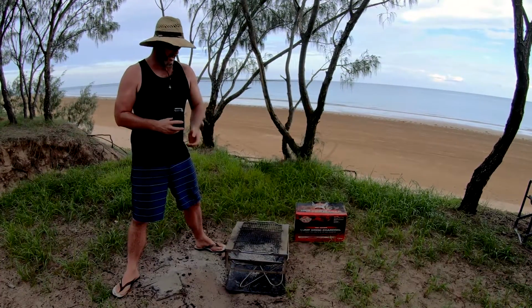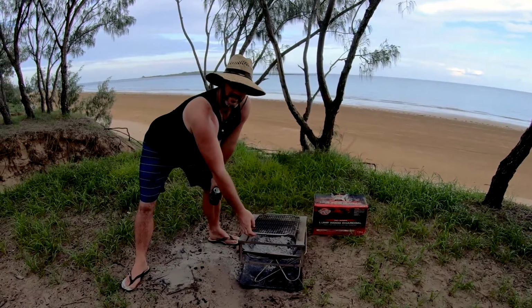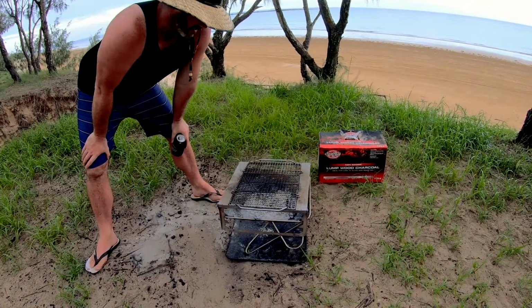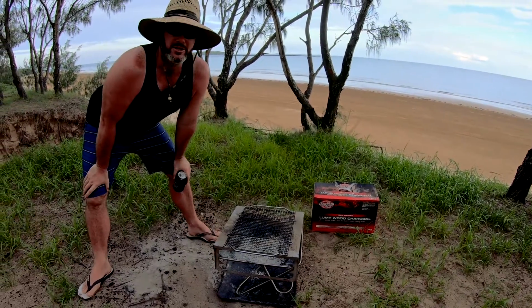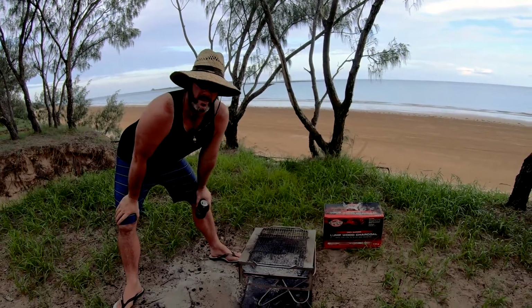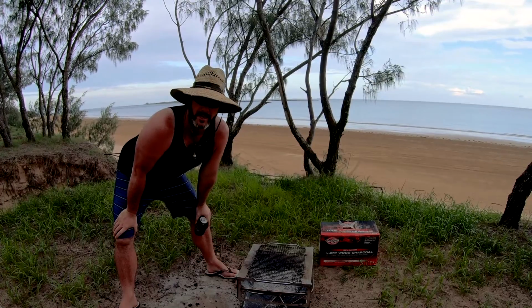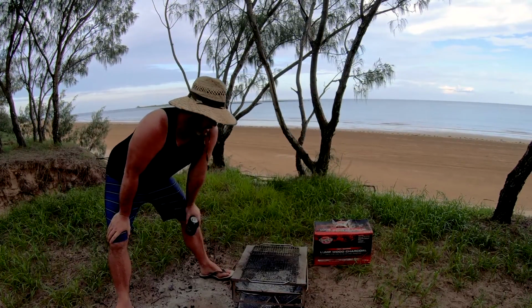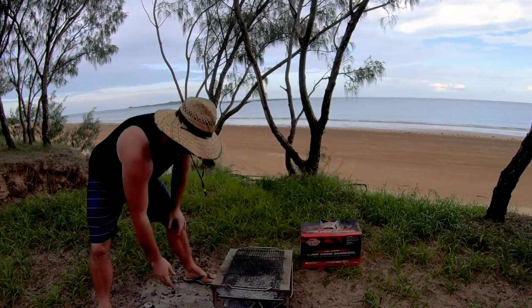Who doesn't? We got the Snow Peak fire pit, I guess you call it. That's a great accessory to have. This weekend we're using the charcoal, but usually, since buying the chainsaw, I would just go bush and go get some wood and have that. But we're not 100% sure on what the fire situation is, or the fire bans in Queensland at present. Over the last few months there's been total fire bans, but this is a really good option because obviously you've got your cooking surface here,